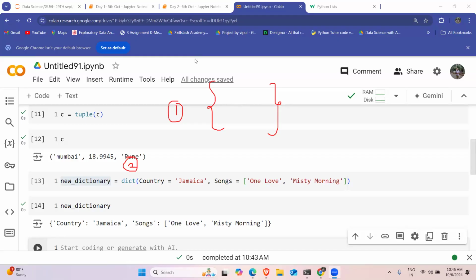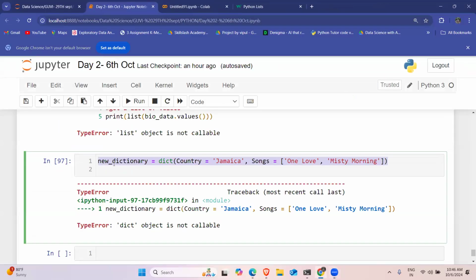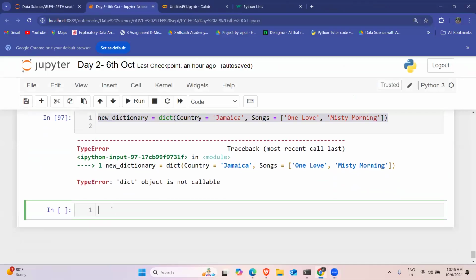Yes, Vipul. I got the output in Jupyter Notebook itself. All right. So next is